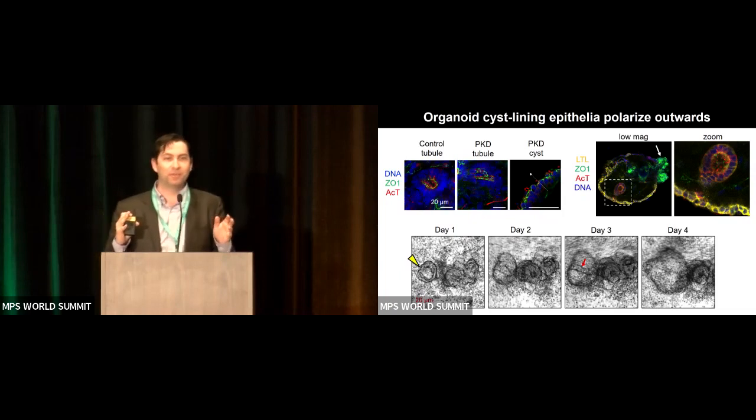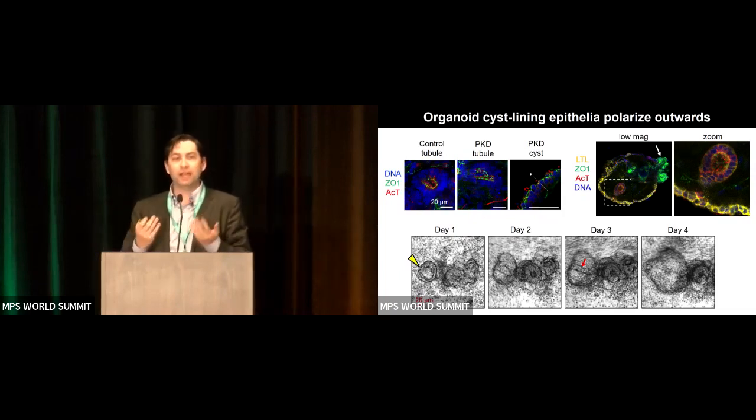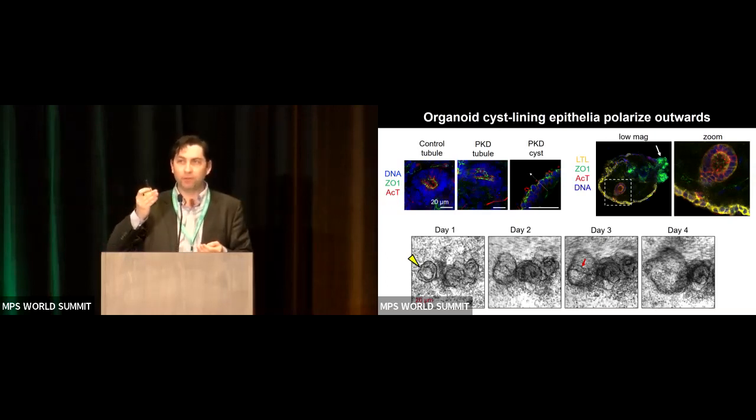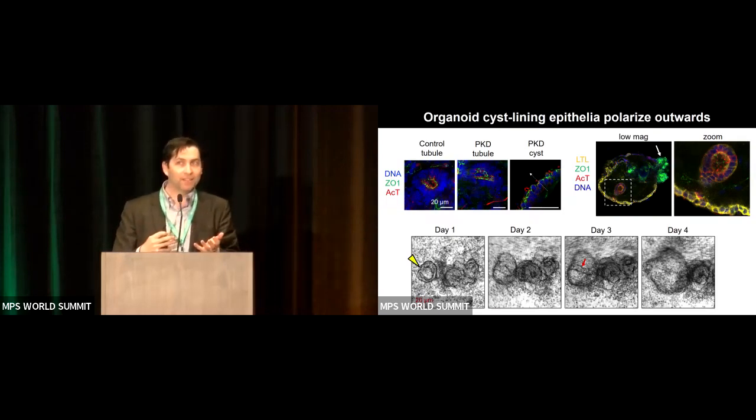So how are these forming? Well, we did closer analyses of these cysts, and you can see in the upper right here, the cyst is forming from a peripheral epithelial layer that almost surrounds the organoid. And those tubules that we're used to seeing are actually involutions of this peripheral membrane in these cyst structures. So that explains to us somewhat how you can get these tubular structures, but also have these peripheral